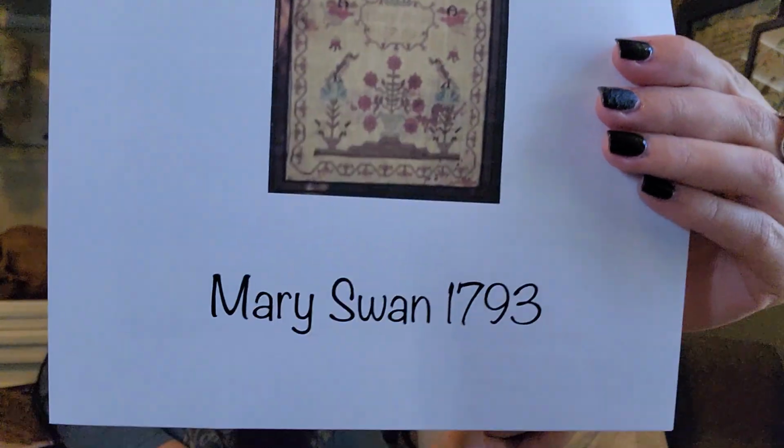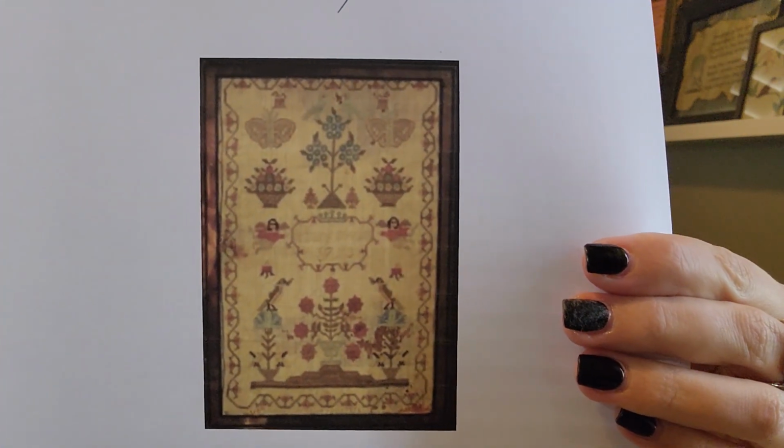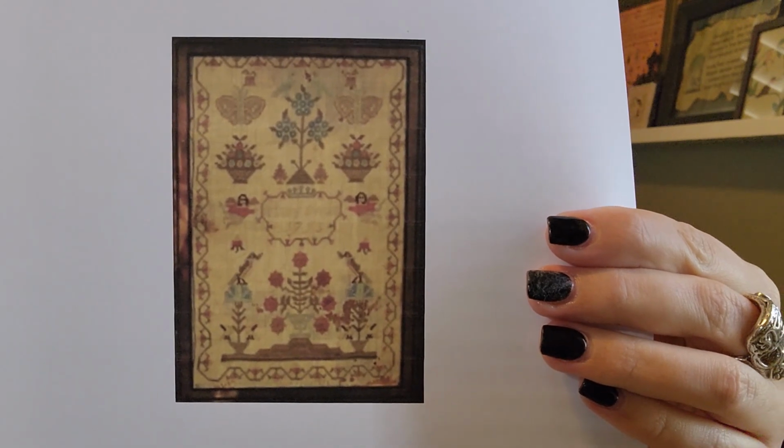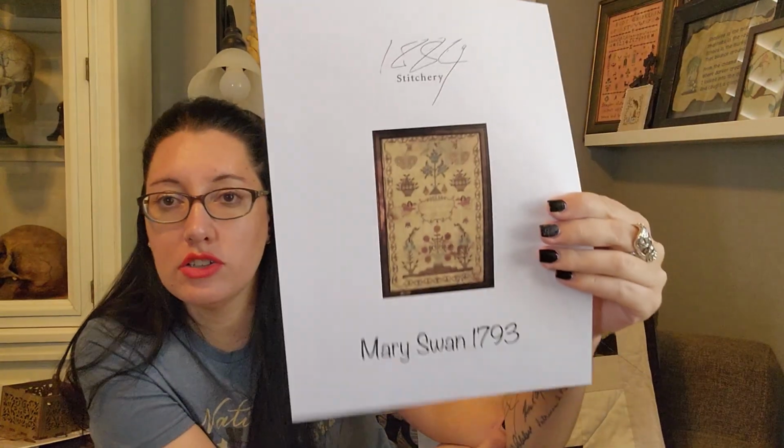My third and final release, which you guys absolutely loved, and I got the go-ahead from the museum, which I am totally blanking on right now, but it is home to Mary Swan 1793. Look at this beauty. So this is an image of the original, but if you go on to 1884 Instagram page, I have a picture of once I was all done